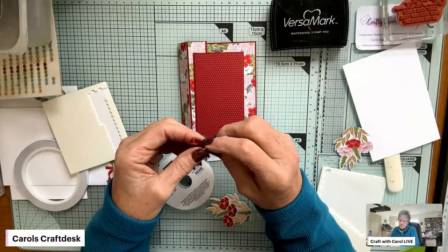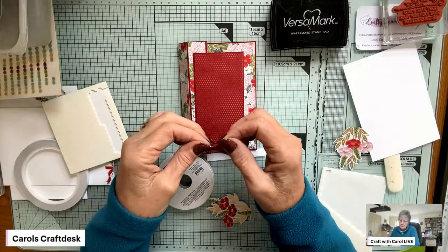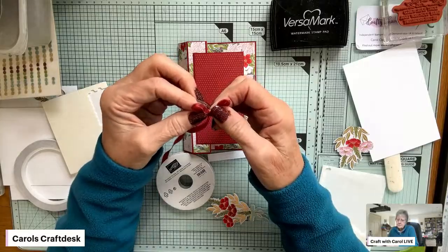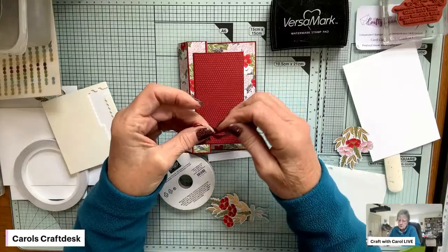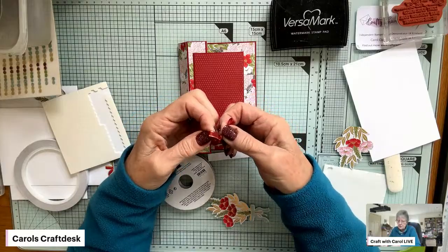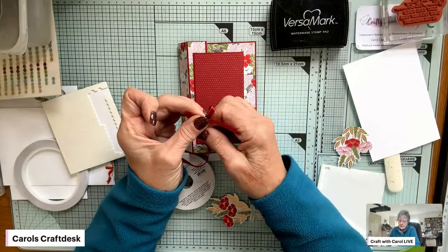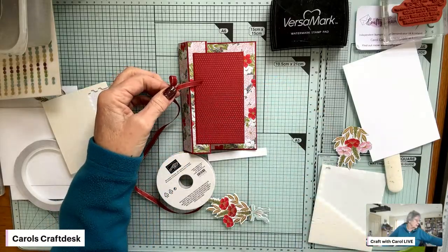Stay straight, bow. Turn you around. Turn you inside out, that's better. Make sure that that turns properly. Normally when you do the rabbit thing, it does work out quite nicely, but this one seems to be twisting a bit. But anyway, we'll just tweak it and get it to go where I want it. Why won't that one turn around? There we go. That's better. Just tweak it like that and make it a little bit smaller because I don't want too much room on there. There we go. Get my ribbon scissors